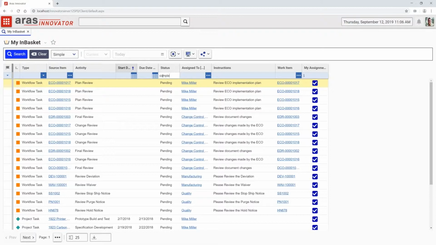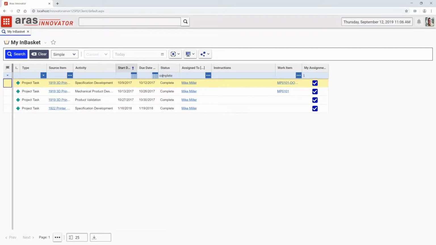Here's another interesting scenario. When we talk about accessing information that's previously been stored in a system, have you ever found yourself looking at something that you're dealing with and saying, this looks familiar. I worked on something like this a year and a half ago. And I don't know if you're like me, sometimes it's easier to remember when you did something than the specific details like a part number or a project number. I remember last winter I was working on something.